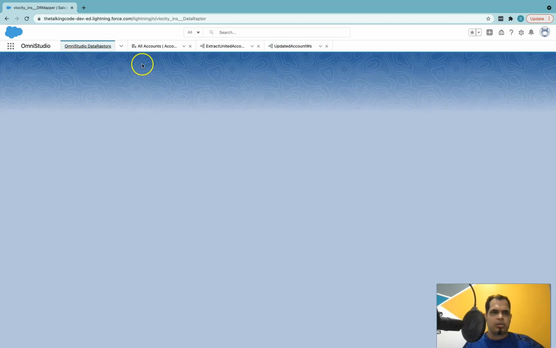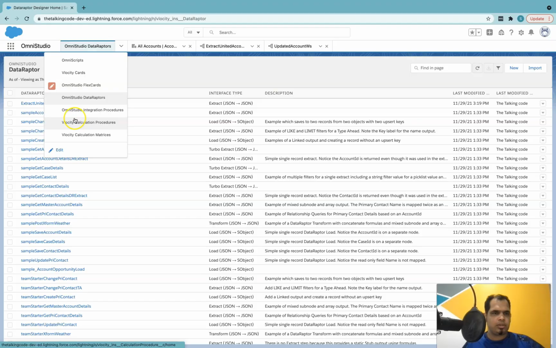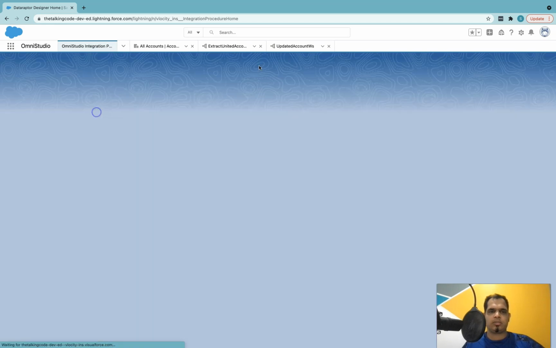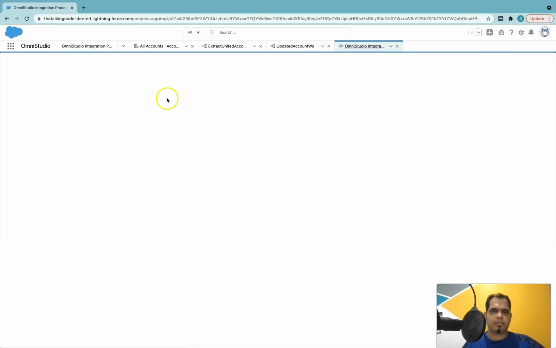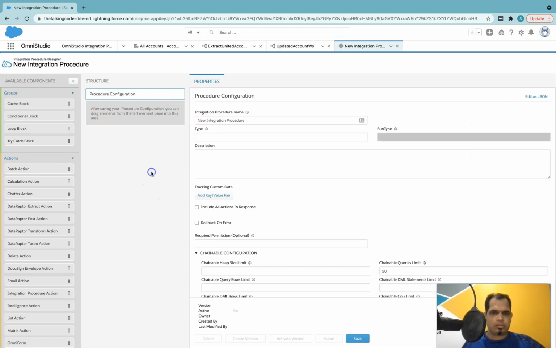Okay. So let's go to integration procedures, Omni Studio integration procedures, and create a new IP. Let's call it account update IP. So we need to provide the type and subtype here. This type and subtype defines the uniqueness of this integration procedure, not the integration procedure name.